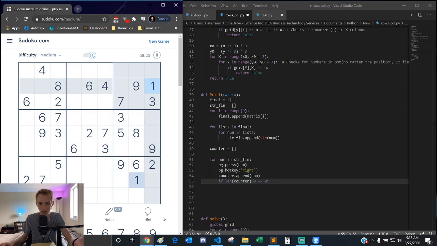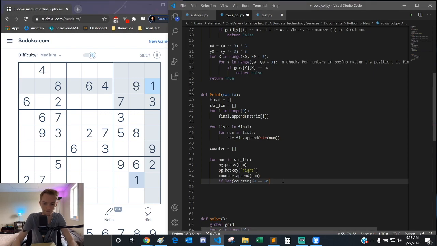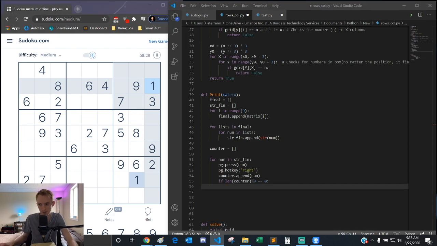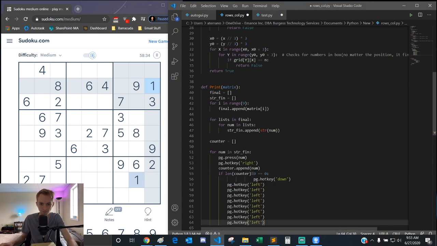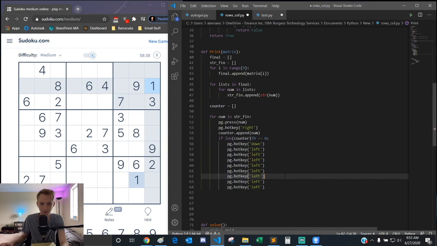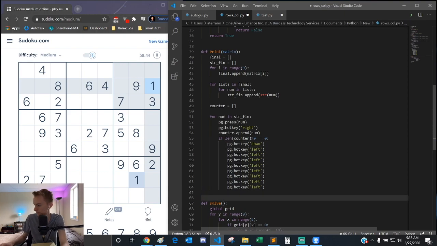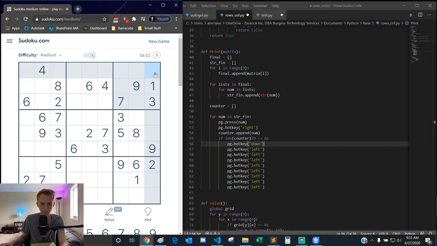Okay, so I'm isolating this row by saying that. Then I'm just going to paste this in. I'm not going to type it out. I already told you what I'm going to do. We're going to hit down and then left 8 times. I'm sure I could do this in like a loop, but I'm lazy. Again. So what we're saying now is if it's mod 9 and it's 0, which is the end